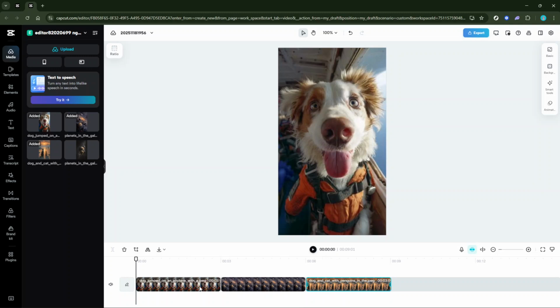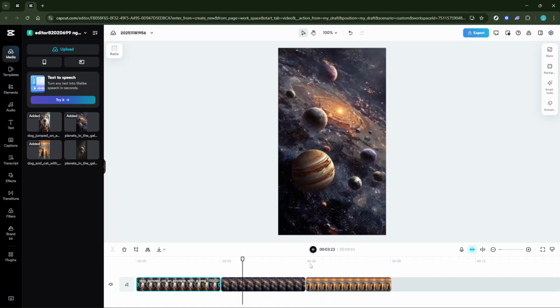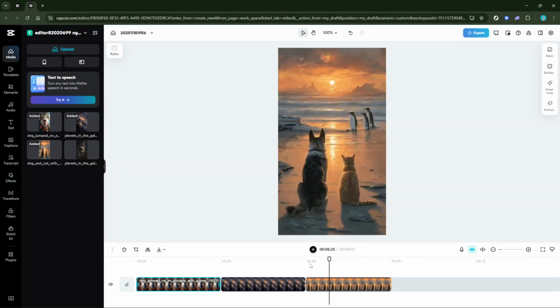Finally, take a moment to preview your project and ensure that all changes reflect as intended. Watching through your video will confirm that your images are now synchronized to the same length, providing a seamless visual experience for your audience. Remember, the key is in the details. Consistent image durations can significantly enhance the visual rhythm of your video, making it more engaging and watchable.